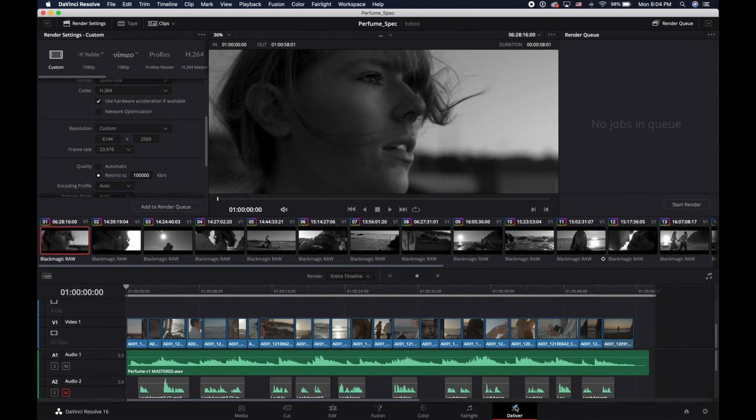Anyway, now that I set up my timeline back to 6K, I'm going to go to my delivery tab. Now that I have the 6K timeline, here you're going to see the resolution of the files. So 24p, 8264 in this case, and what I usually do here, for quality, I go to restrict and I do 100,000 kilobytes per second. But if you have a very fast Wi-Fi and you're distributing online, in my case now I have a very fast internet connection, so what I'm going to do, I'm going to switch to ProRes and just set up LT because it's totally good for